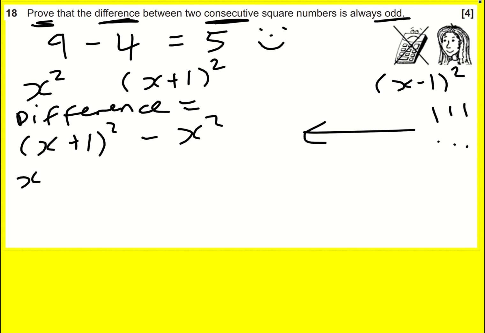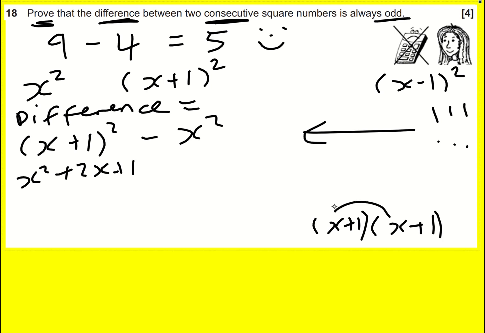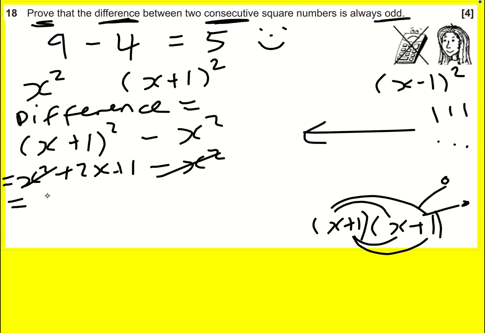This is going to become x squared plus 2x plus 1. I've done that quite quickly because I've done this many times, but I'm basically multiplying out x plus 1 times x plus 1. Don't forget about this 2x, and we can do our crab claw, x squared, x, 1. That's what that gives. Done. And then I'm going to minus x squared. And we're nearly there now, so I should probably put an equal sign in. The x squareds are actually going to cancel, and we're going to be left with 2x plus 1,